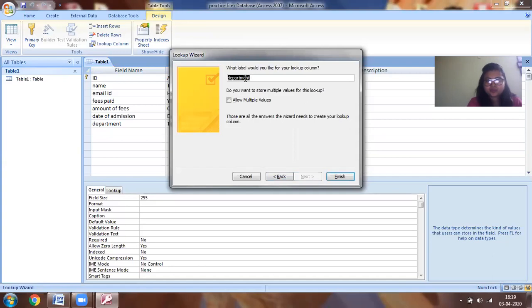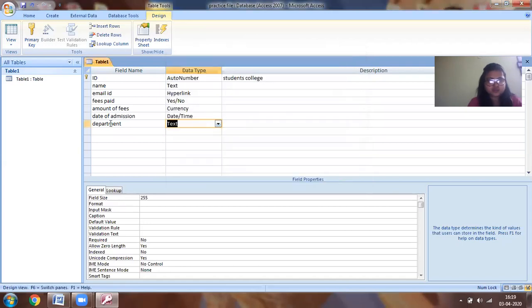So that would be under departments. Finish. So these could be my field names and data types, and if I would like any description for my field name, I can put it over here.